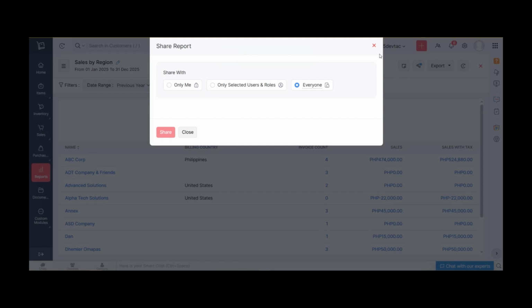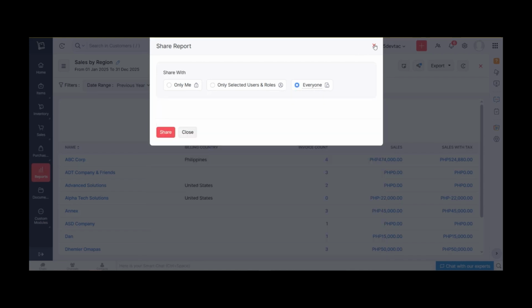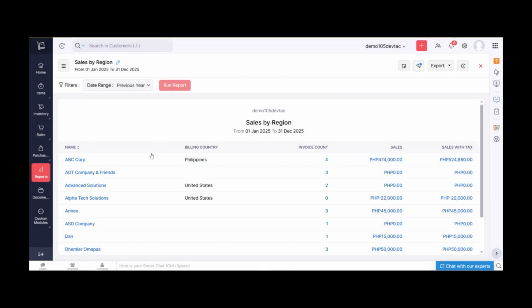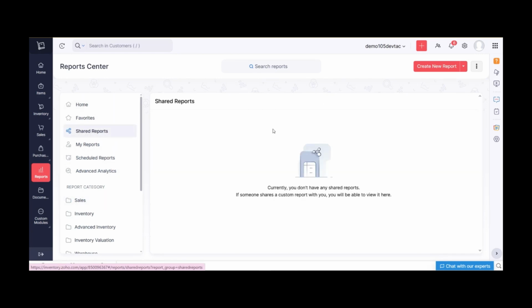Now, you'll be able to edit this at any time. Maybe you don't want it to be shared with everyone. Maybe you want to share it with only selected users, or roles that they have. In our case, we don't have other roles or other users in this account or this organization. Let's just say for everyone. Just close that. Now, when we go back to reports and click here on the shared reports tab,